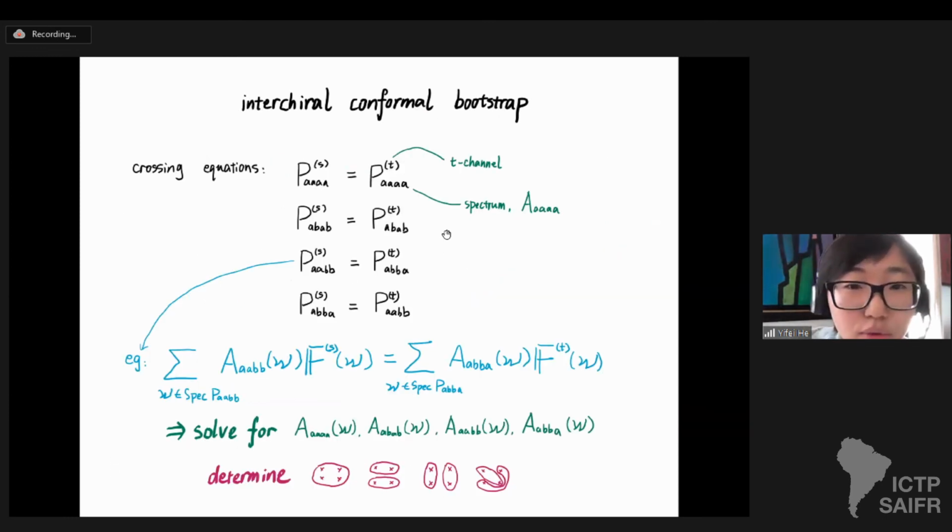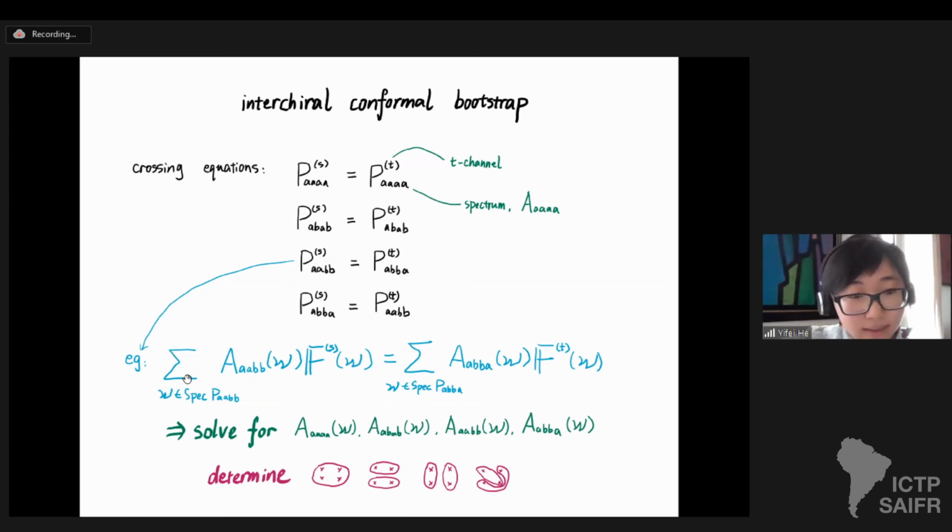And to do things more systematically, we can write down the crossing equation, which under the exchange of S and T channels relates these four probabilities in this way. For the notation here, the superscript indicates which channel we consider, and the subscript tells us which spectrum to use and what amplitudes appear here. So for example, for this third equation here,